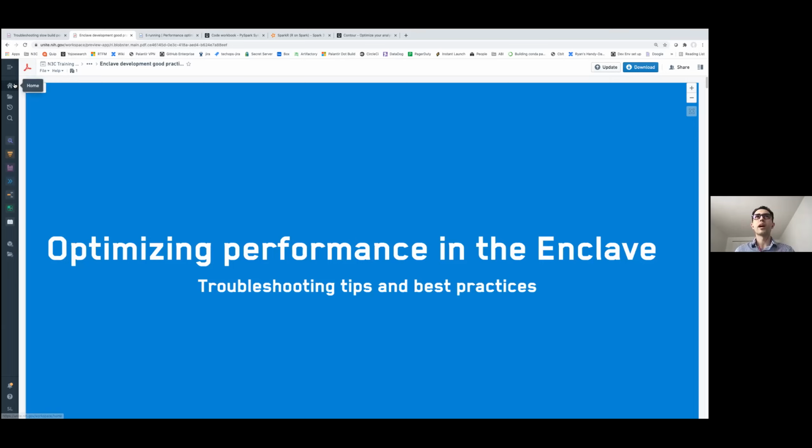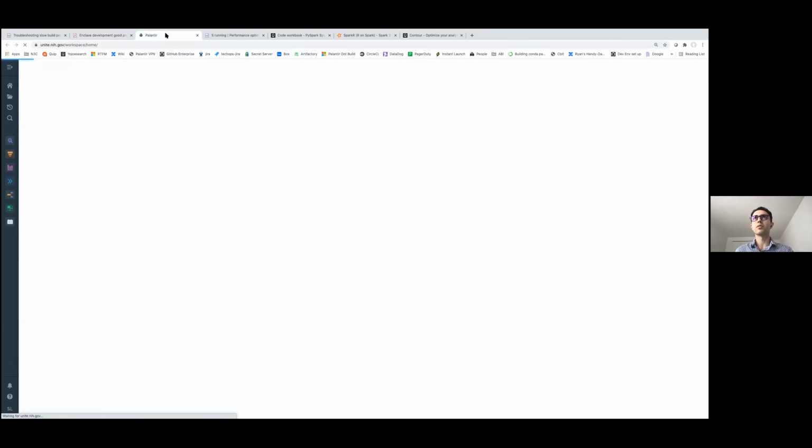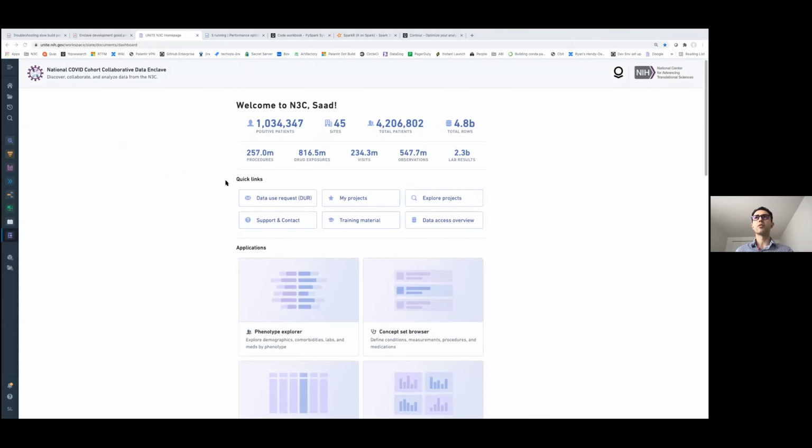And so why it's important, let me open the homepage real quick. As you can see from the homepage, data is getting bigger. The size of data hosted in the Enclave increases basically after each release. So roughly on a weekly basis, we're at about 5 billion rows.